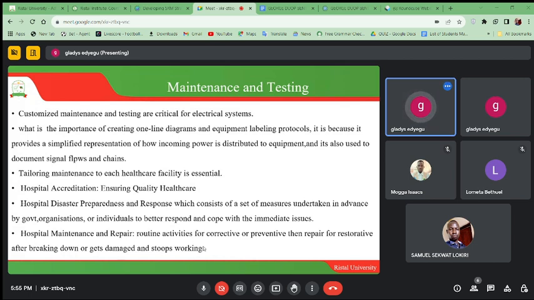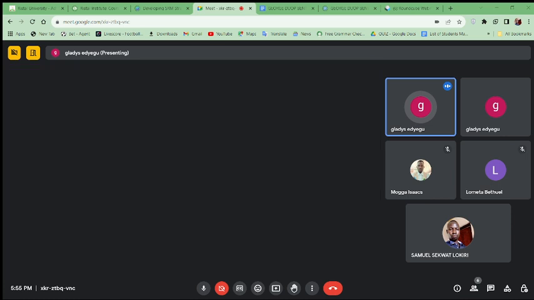It's very key to tailor maintenance to each healthcare facility so that they are able to handle the issues adequately. I want to give an example again of the hospital where I work. This hospital sometimes has issues with power, and they even decided to change the transformer and the line that supplies it, because in most cases, at the time when you want to carry out surgery, the theater is not having power and you have clients you're supposed to attend to, and the transformer is